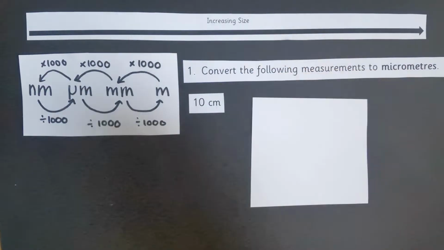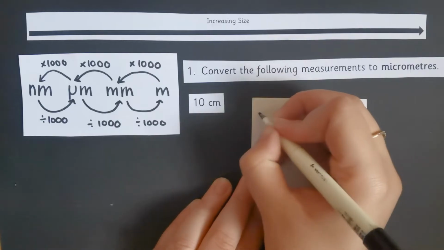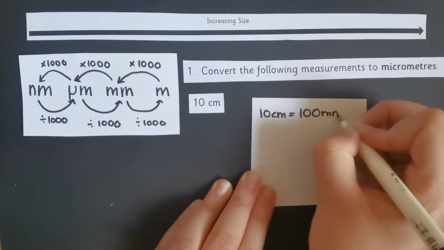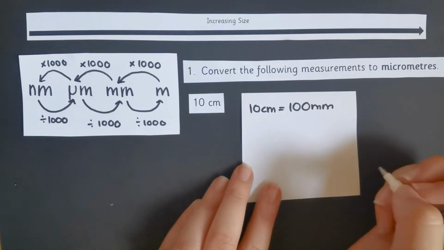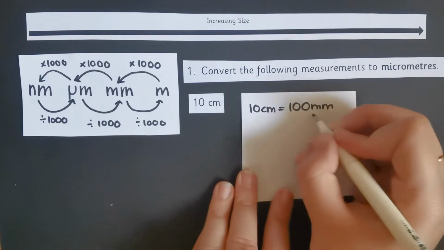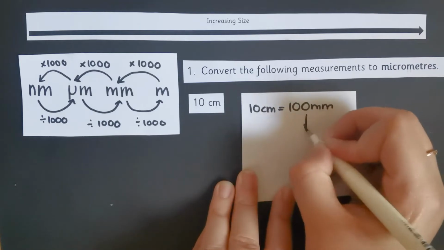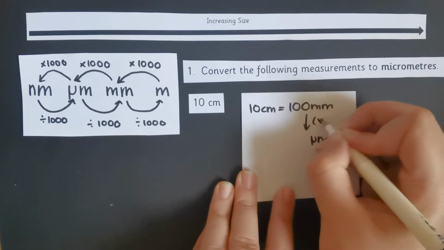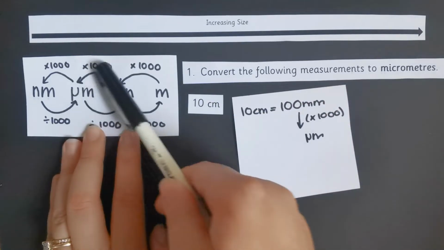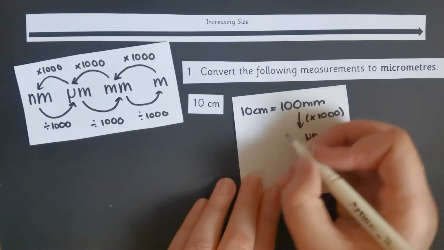So what we're going to do now is a few practice questions together to make sure you guys know how to convert between units. So we're converting 10 centimeters into micrometers. So firstly, we got to convert centimeters into millimeters. So in 1 centimeter, there's 10 millimeters. So in 10 centimeters, there's 100 millimeters. Now to convert from millimeters to micrometers, we need to times by 1,000. So we do 100 times 1,000, which means we get